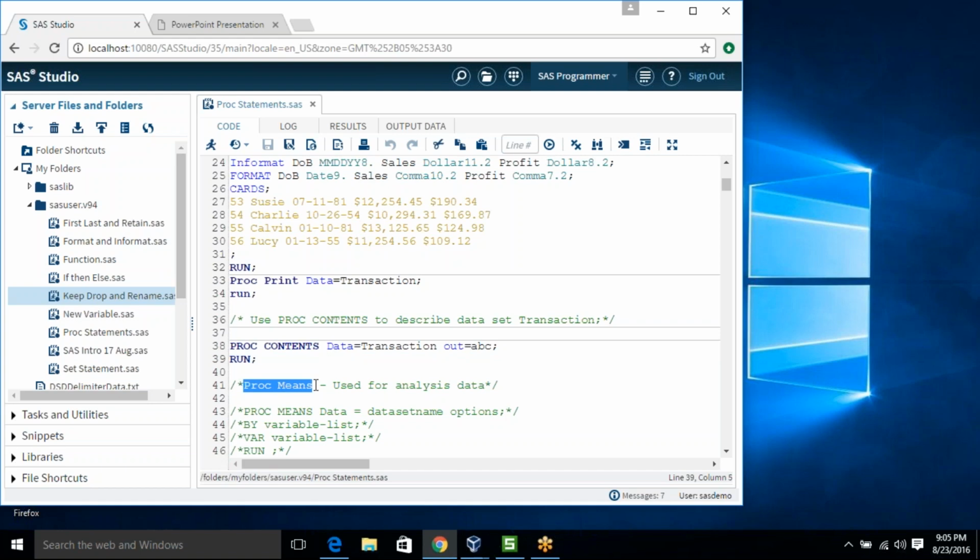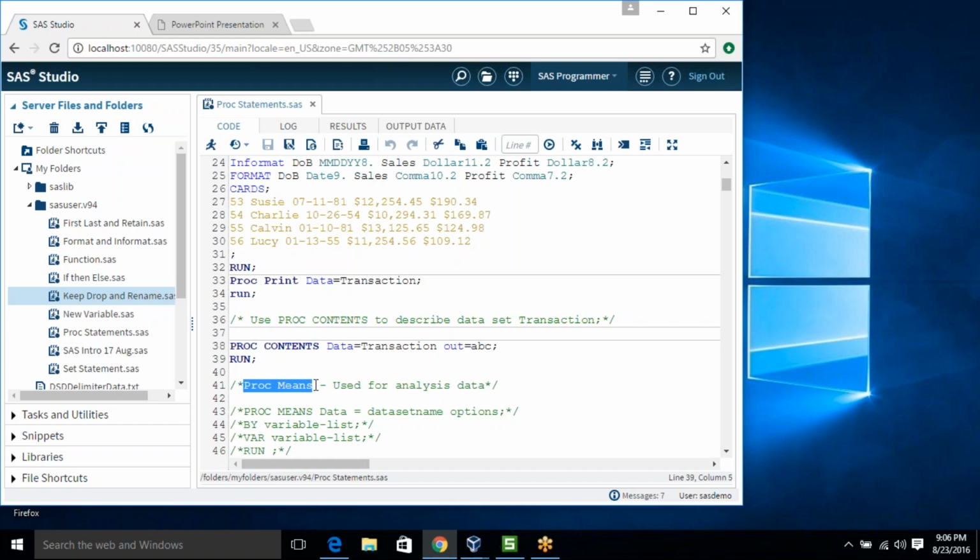So I am just repeating again about proc contents. Basically proc contents will give you the properties of your data set plus your variable properties.